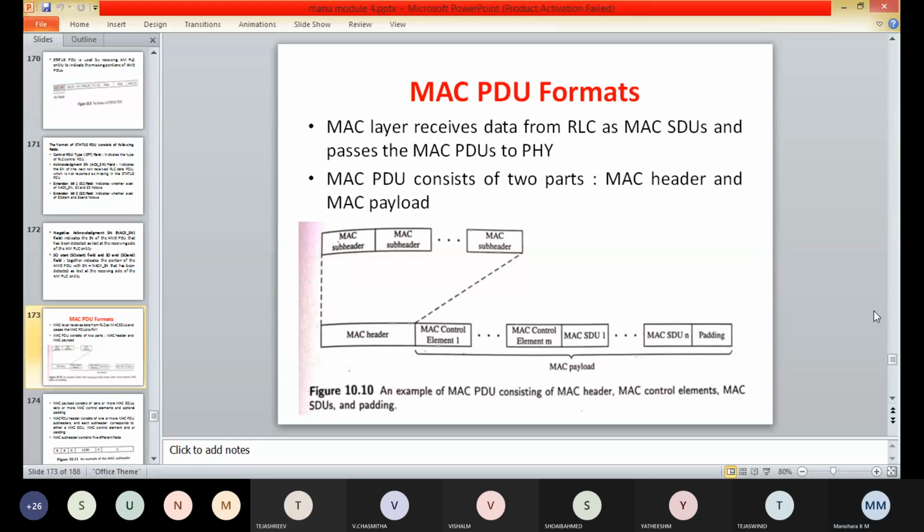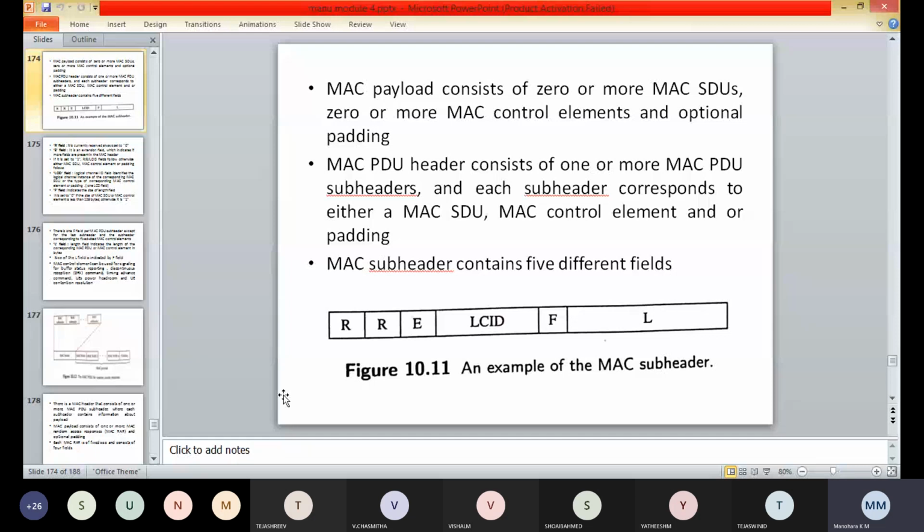The R field is currently reserved. The E field is a flag indicating whether more fields are present in the MAC header. If E is set to 1, another set of at least R, E or LCID fields follows. Otherwise either a MAC SDU, a MAC control element or padding will follow.